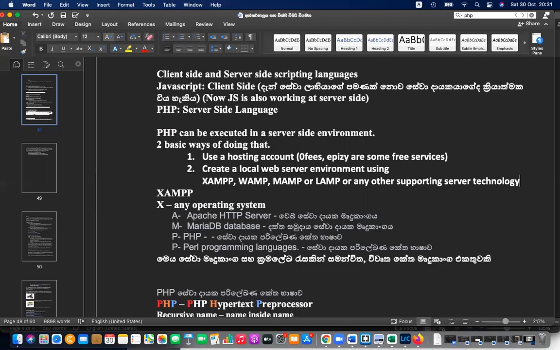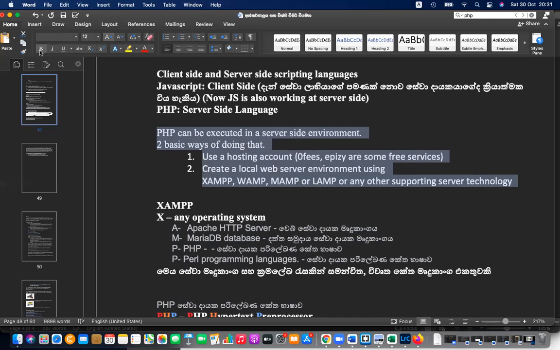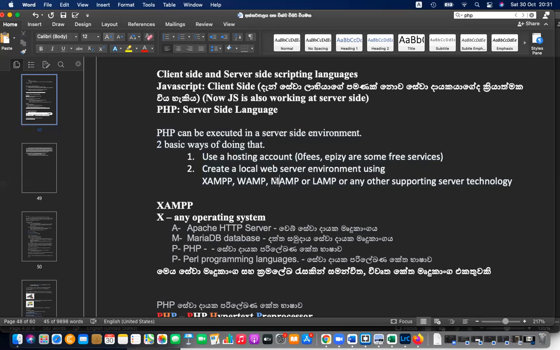So you can run it in the hosting account. PHP, you can run it in the hosting account. The second option is you can run this in a local server environment, which you have to download a server and install it. Examples for local servers: